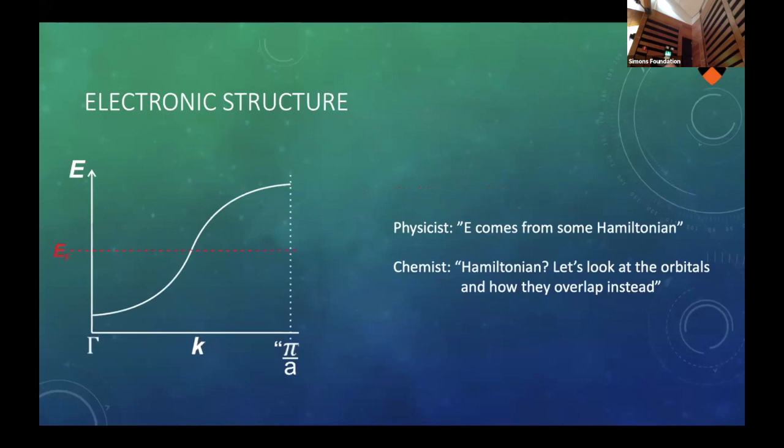And so in order to understand this, I want to bring us on the same page about how we discuss electronic structure, because this is actually, I find, the biggest gap in language, actually not for me to talk to a physics audience, but rather to talk to my students who are chemists. Because if I would ask a physicist to define an electronic structure, you would give me some variant of, it's the momentum-dependent energy of electrons,